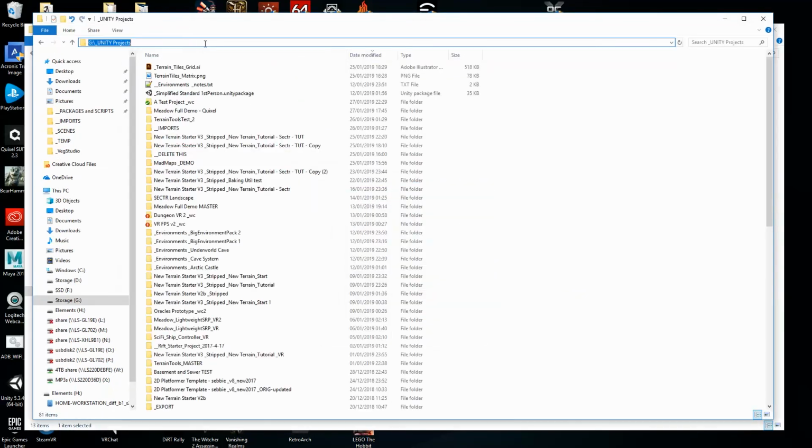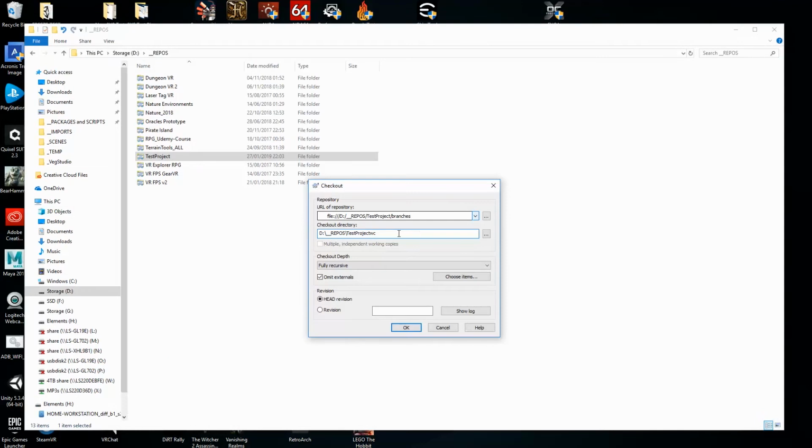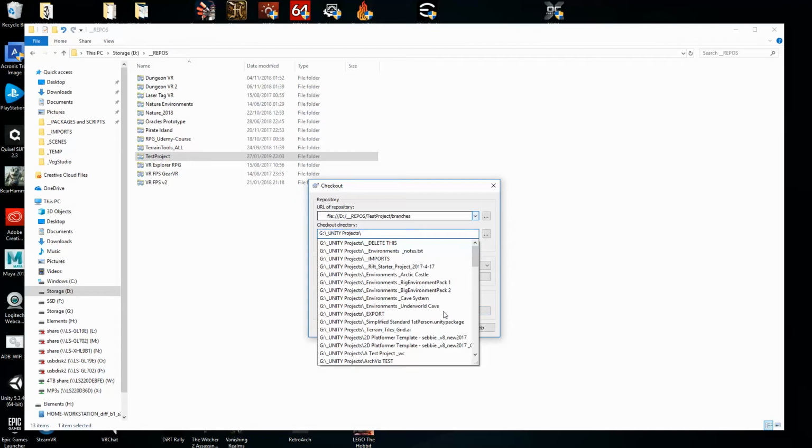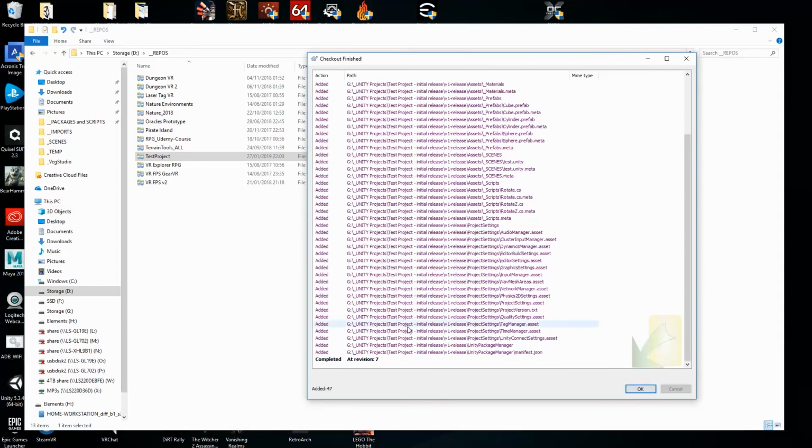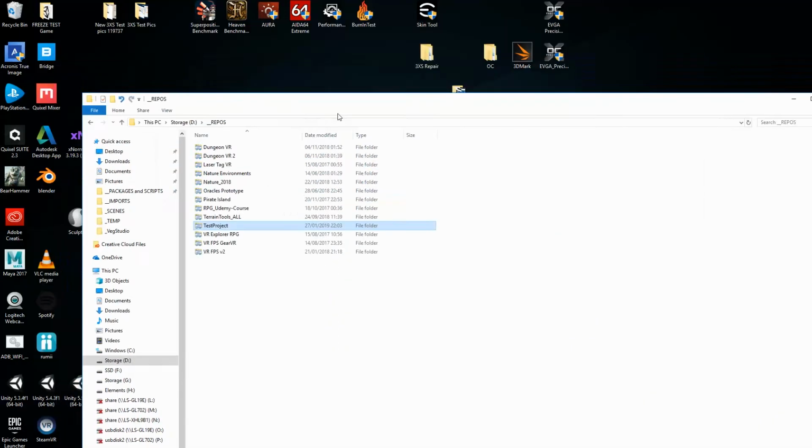and I'm going to save it to where have we been working in here, G, and it's going to go to, oh, so let's make it what it is. So test project, was it? Yeah, test project initial release. And where do you want to? So you could say a specific revision or the head revision. Head revision for that branch is just the commit, but there might be versions within the branch, but actually for us head is fine. So off it goes, it's done all its thing,